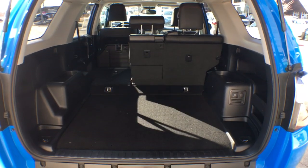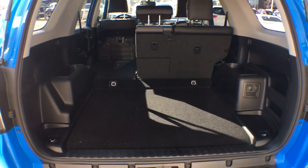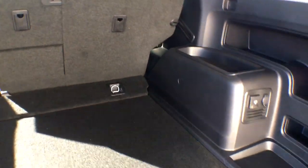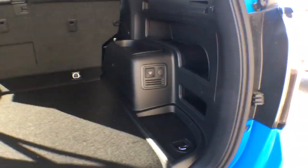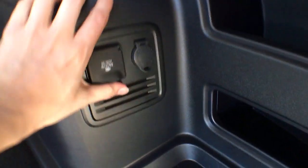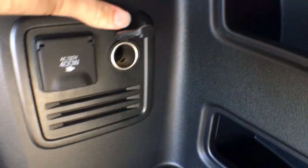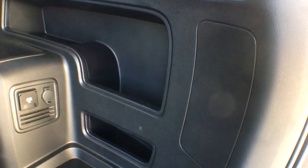All right, so looking inside of your hatch here, you can see that we have tons of space. We did keep that 1 seat folded down, so you can just see exactly how flush this floor is. You do have 4 permanent anchors at all 4 sides, so if you want to tie something down, you definitely have the capability of doing so. Just here we have your regular household outlet. That button in the front there is how you activate these, as well as your car charger there. You have little indents for things like windshield wiper bottles, anything that would really fit there. Your jack kit and tools are going to be right here, and your spare tire is underneath the vehicle, as